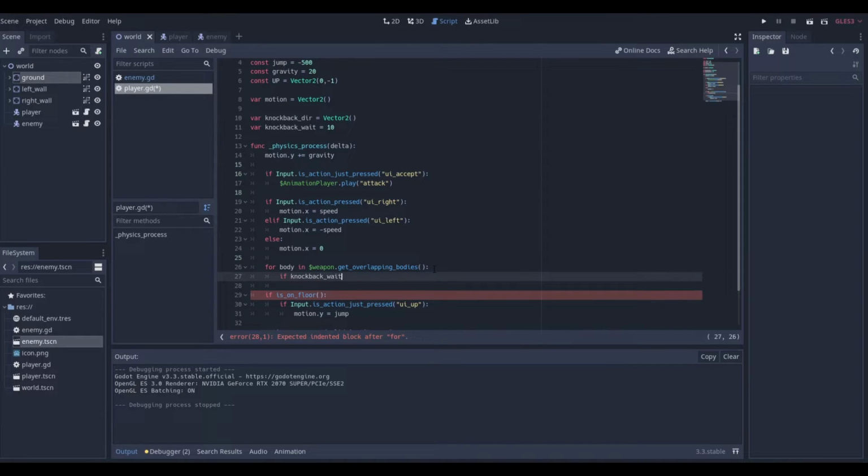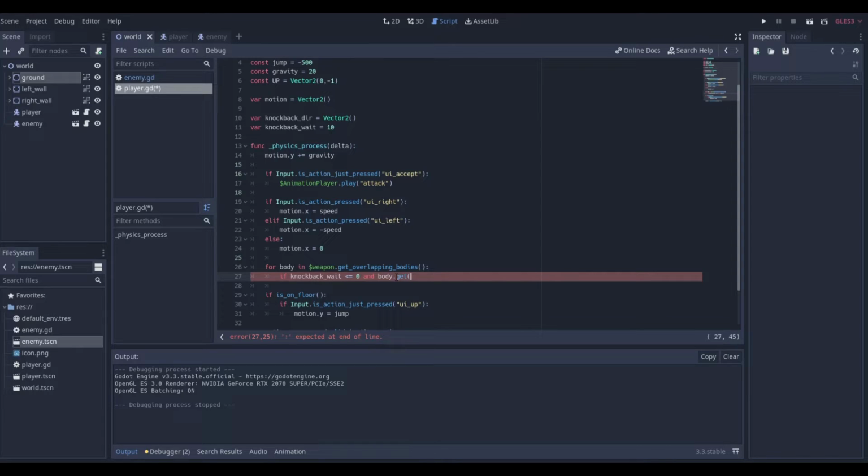Then we'll do knockback wait. If it's less than or equal to 0, which means it's counted down all the way, then this means we had a little bit of a wait. It's going to be like a 0.3 second wait time. So it's not going to be long, but that's just so that when we hit knockback, it doesn't hit it like 6 times, because that's what it would do, right? So we'll do this, and then we'll do and